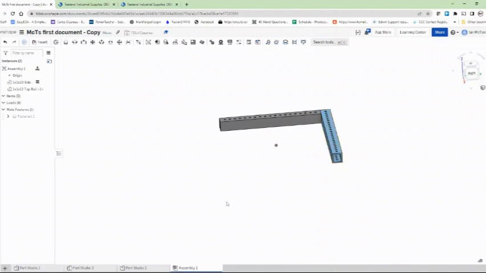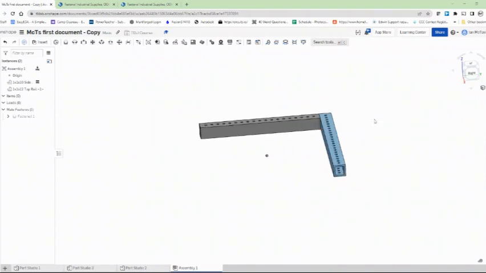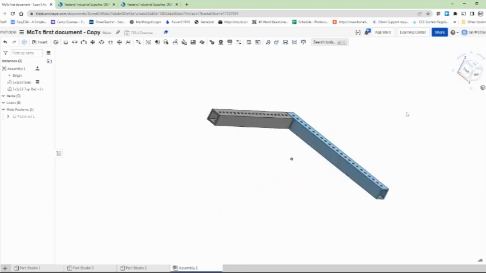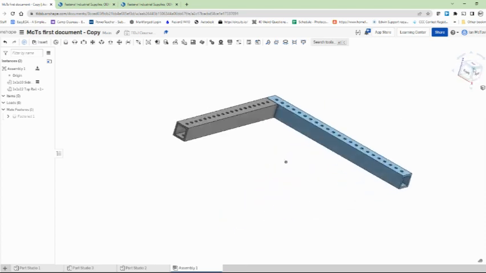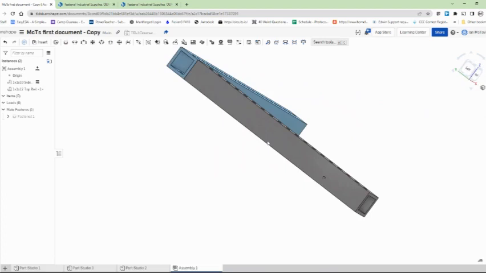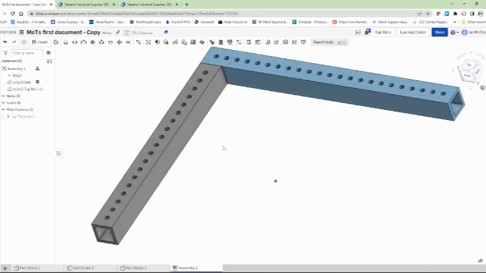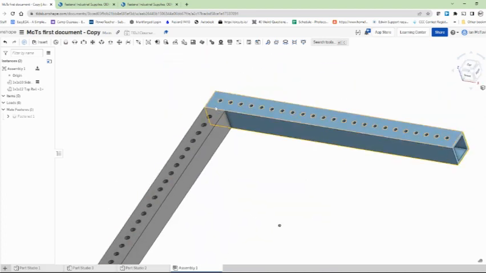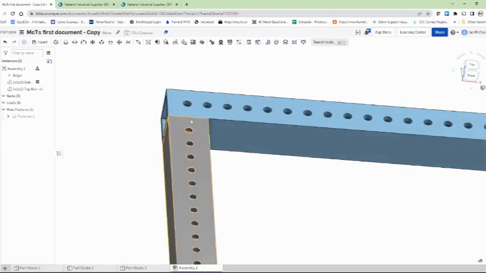Okay, so we are in our assembly, and with the previous lesson, we were able to insert our two pieces of square tubing. And so we're going to build a structure here. And so what we want to be able to do is attach these two pieces together. Now, the problem is the pieces, we want to be able to work out where the holes are